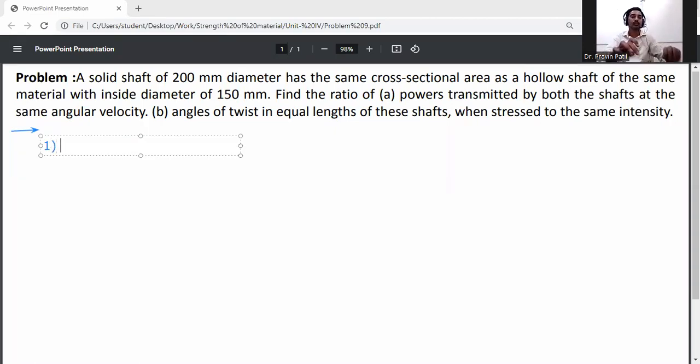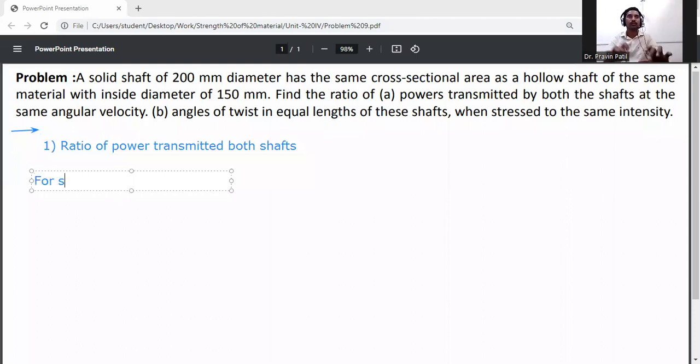Ratio of power transmitted by both the shafts. Okay. So first of all,